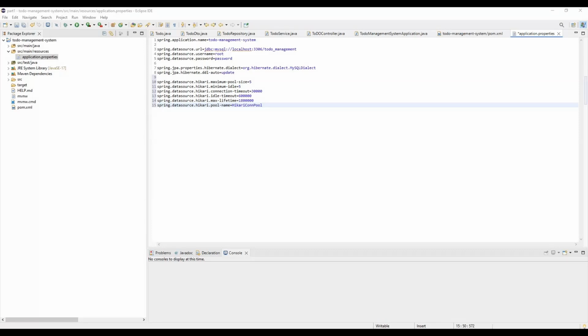Then idle timeout, which is the maximum amount of time that a connection should remain idle before it closes. Then max lifetime, the lifetime of this connection pool. So these are the properties we can define over here. The other properties, if we want to log the HikariCP parameters, to check that HikariCP is configured correctly, or what is the